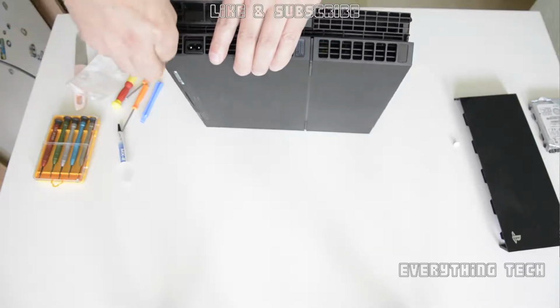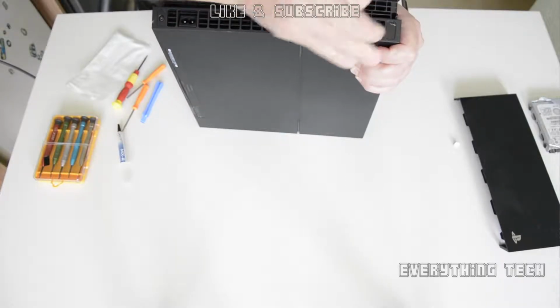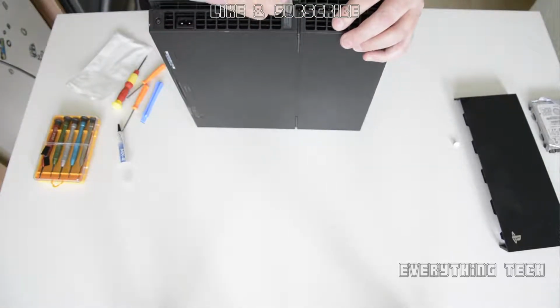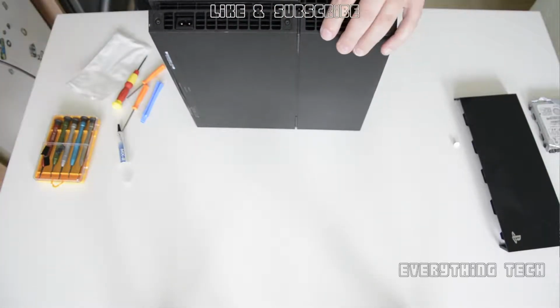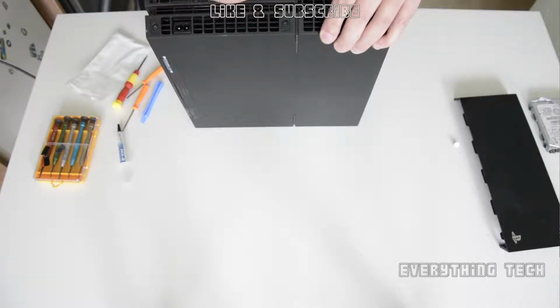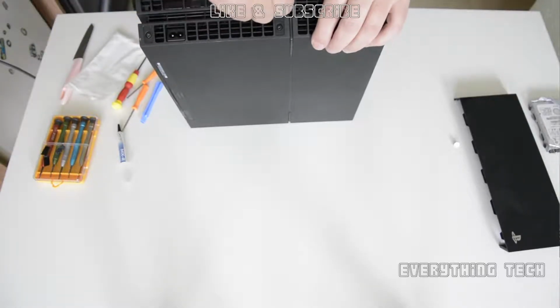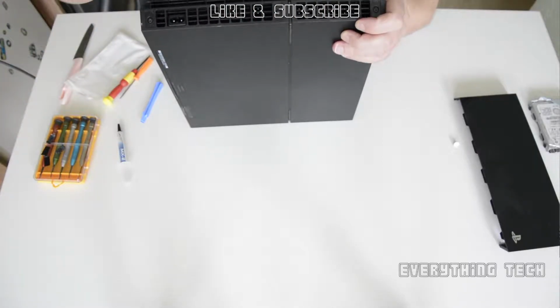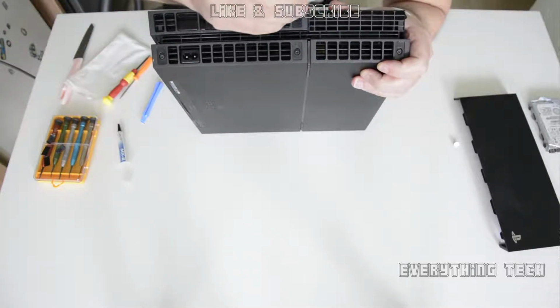There will be some T8 torx security screws under these stickers, and they are normal torx screws, but they have a pin in the center, so a normal torx screwdriver is not going to be able to remove them. It needs to be a security bit which will have a hole in the center. So once you remove all of these stickers from the PS4, then we're going to go and remove the screws